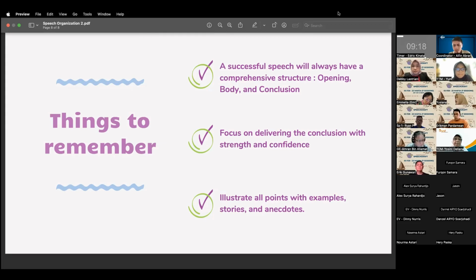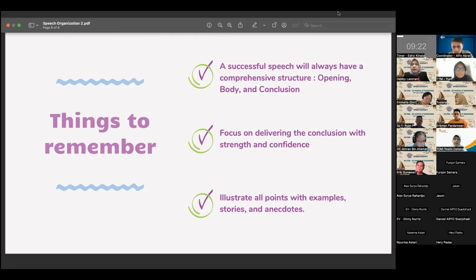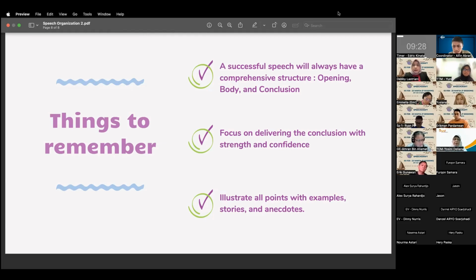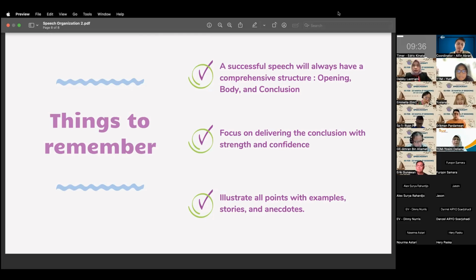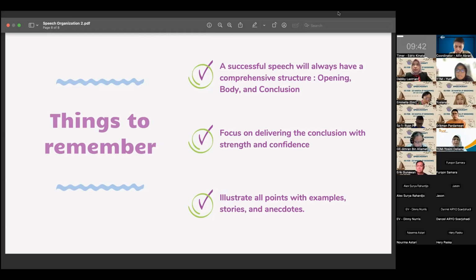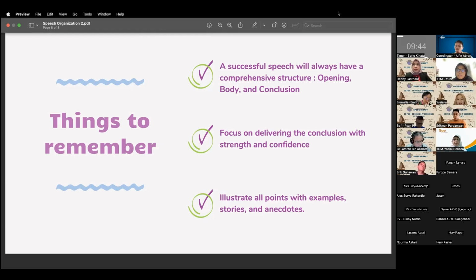The second one is to focus on delivering the conclusion with strength and confidence. Last one, illustrate all points with examples, stories, and anecdotes. In delivering your speech, don't forget to use voice tone.